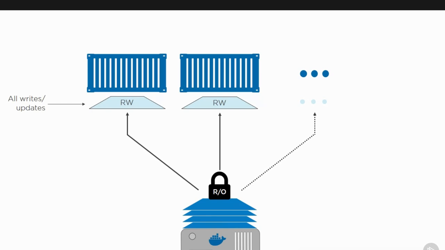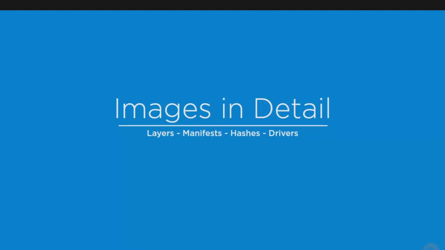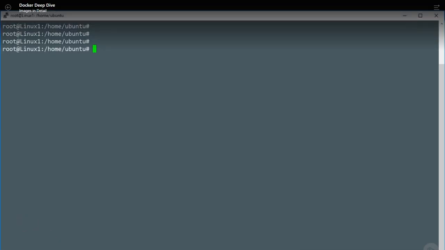The templates for starting containers, the read-only, and the shareable. Under the covers, it's a bunch of layers and a JSON manifest. Love it. Let's crack on with the detail. Buckle up, 'cause it's hands-on time. We see an image as a bunch of layers, we read the manifest file, we stack them up, then we throw in some magic to make it all look unified. Well, you know what? To get an image in the first place, we